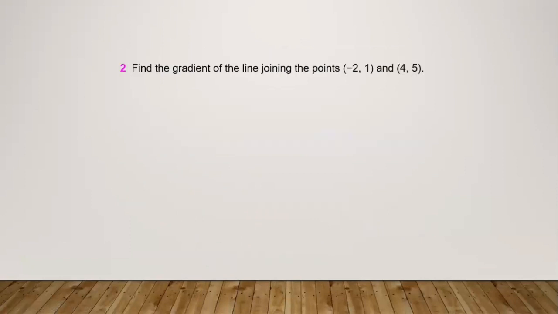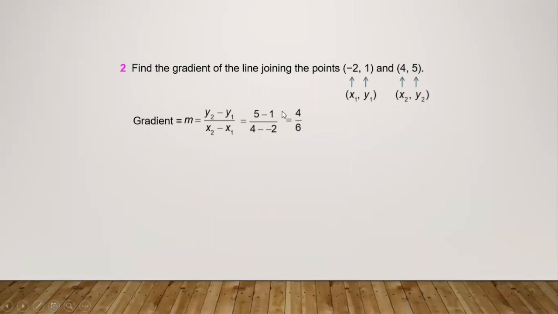Let us take another question. Again we write the formula, which is (y2 - y1) / (x2 - x1). Let us take (-2, 1) as (x1, y1) and (4, 5) as (x2, y2). Substituting, 5 minus 1 for y2 minus y1, and x2 is 4 and x1 is -2. So minus of minus is going to be plus. So 4 minus (-2) is going to be 4 plus 2. So 5 minus 1 we get 4 and 4 plus 2 we get 6, and 4 upon 6 when we simplify, we get the slope as 2 upon 3.